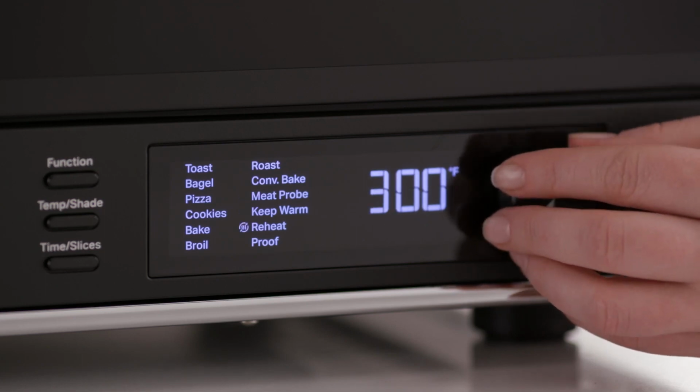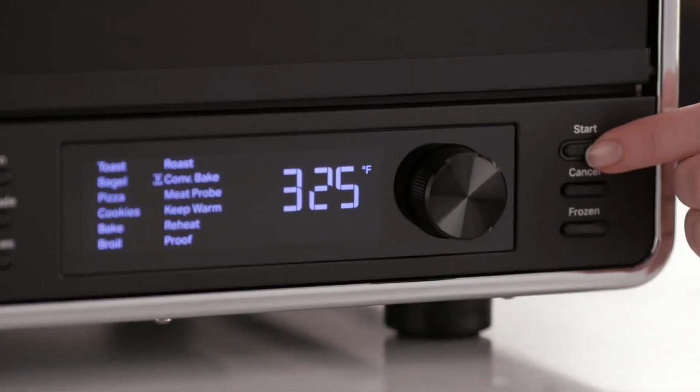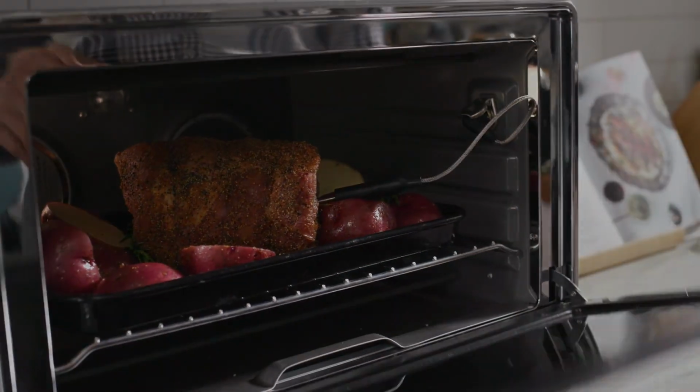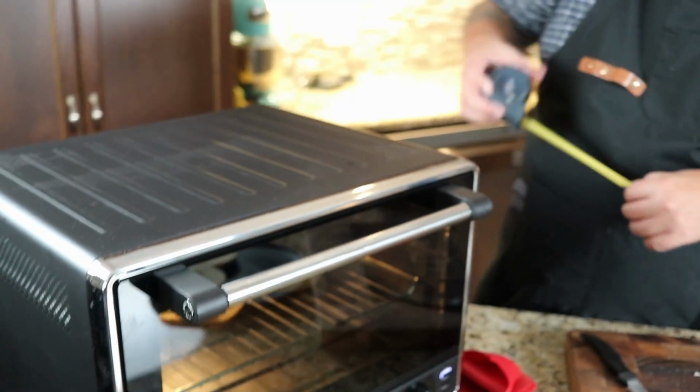So I did want to talk, we still have a few minutes during this cook. I wanted to grab a tape measure and just give you an idea how massive this is. So we're looking at about 18.5 inches wide. Well, we should measure it with the handle. About 19 inches deep, sits about 13.5 inches high. It is big, but I can tell you, because I've been using this for months now, it can do everything my oven can do,